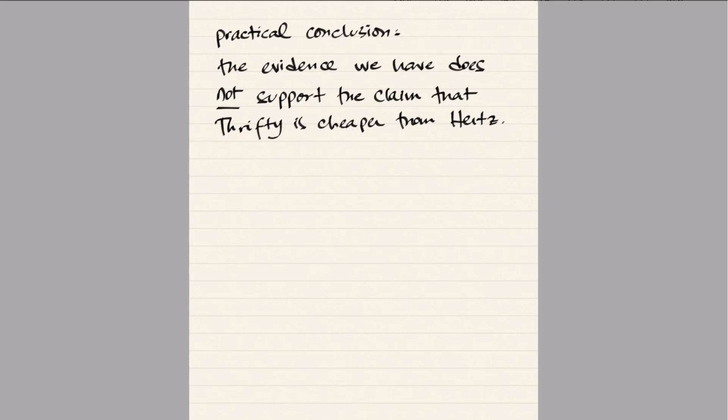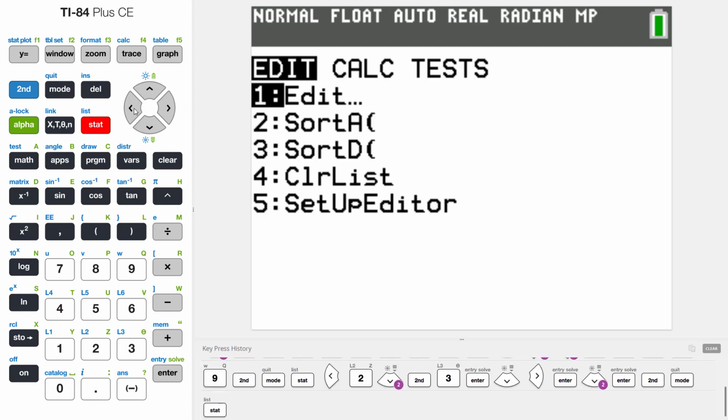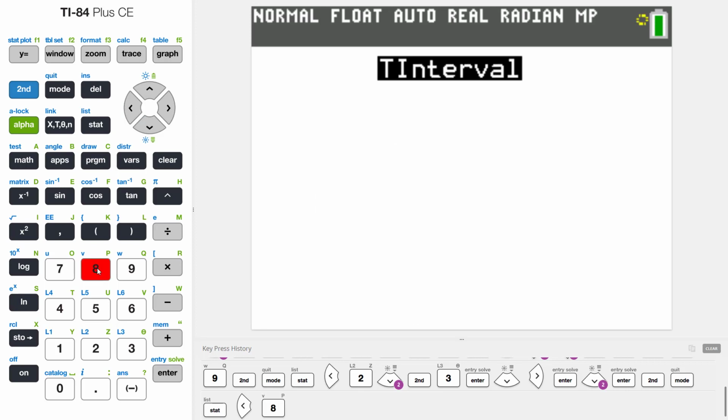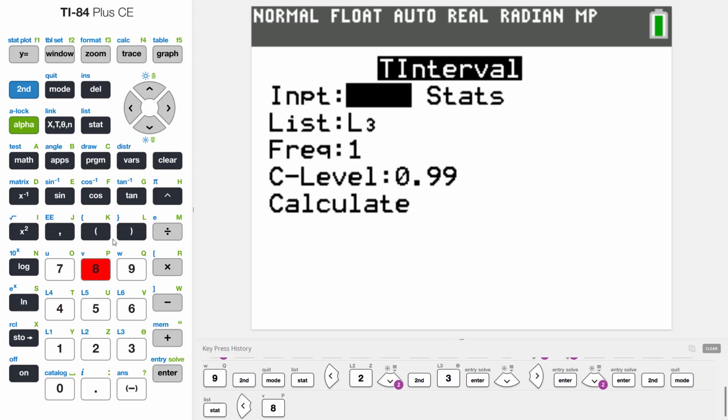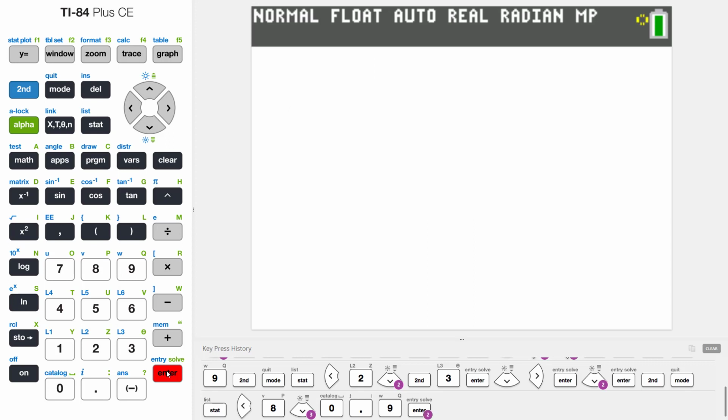Let's show that. So we're back here at the calculator, and everything is pretty much in place. All you have to do is get out of here, go back to the stat menu, go to the test submenu, and a t interval on this calculator is number 8. And so you can select number 8. You can see that everything is good to go. The only thing that has to be changed here would be the confidence level, and as we said, we would be using 0.9. And so if we calculate,